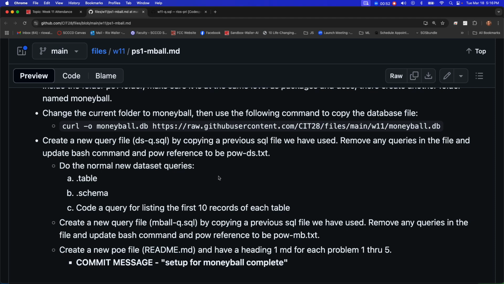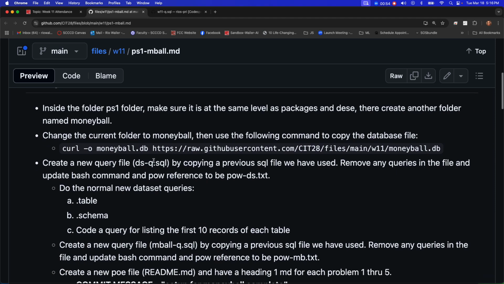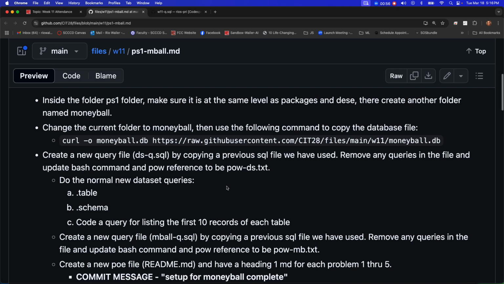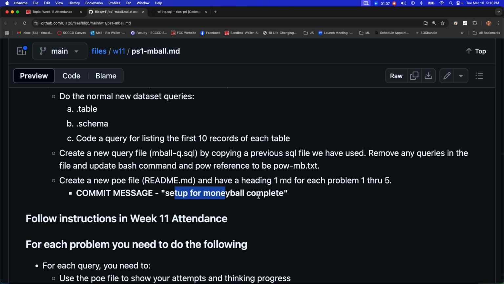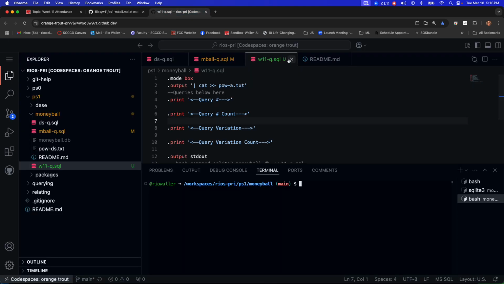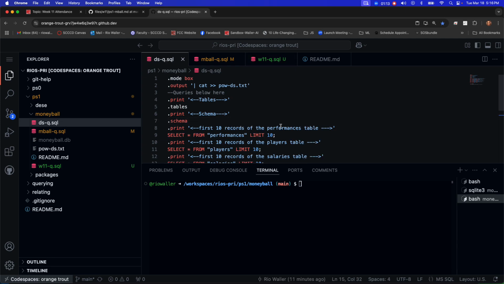Okay. So you're going to do the normal getting used to a new data set work, right? We've been doing this before, and you'll create a new query file for the Moneyball, and then you'll create your README, and then you'll do your commit. Okay, so just to show you my setup here for that,